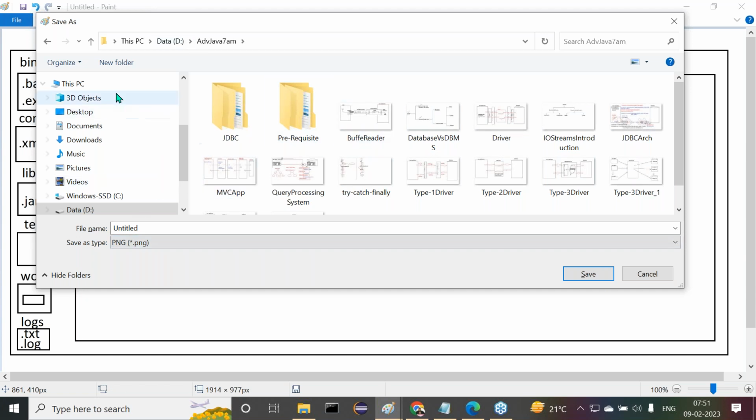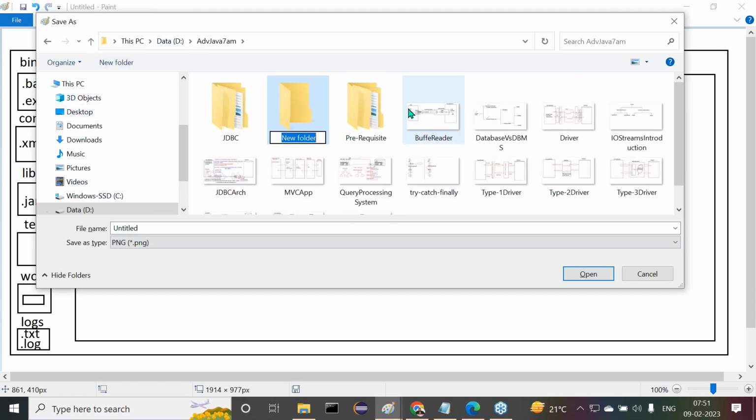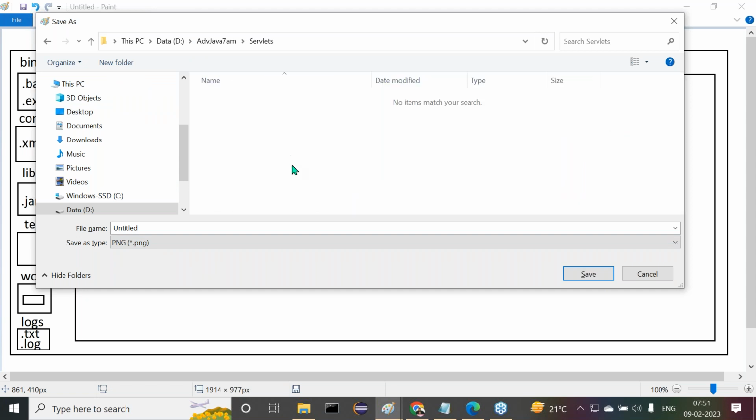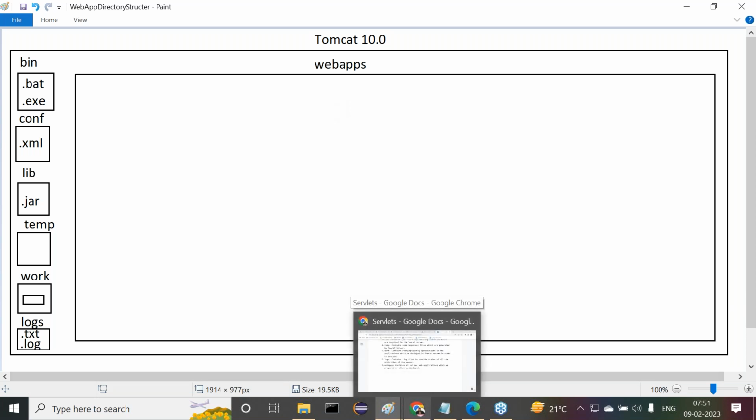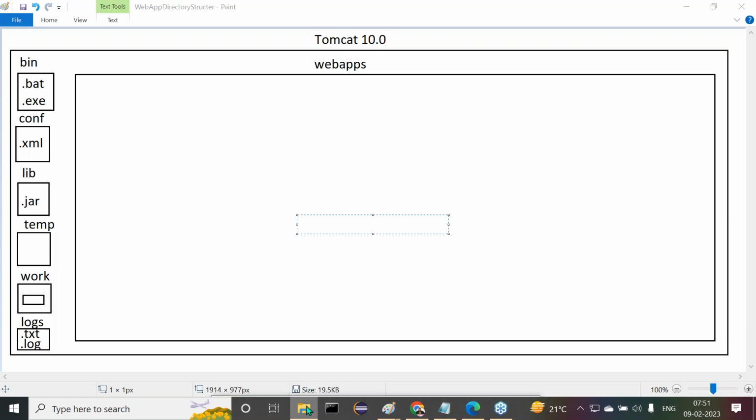Advanced Java. Servlets. Okay, fine. Now this is what I am telling you about the webapps folder. I will show this point, but first of all, let us open